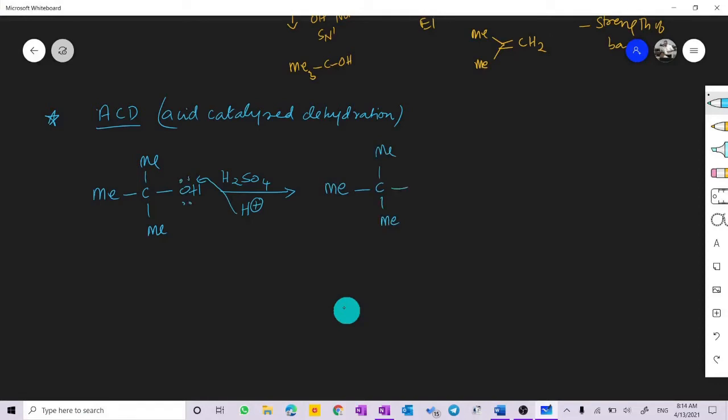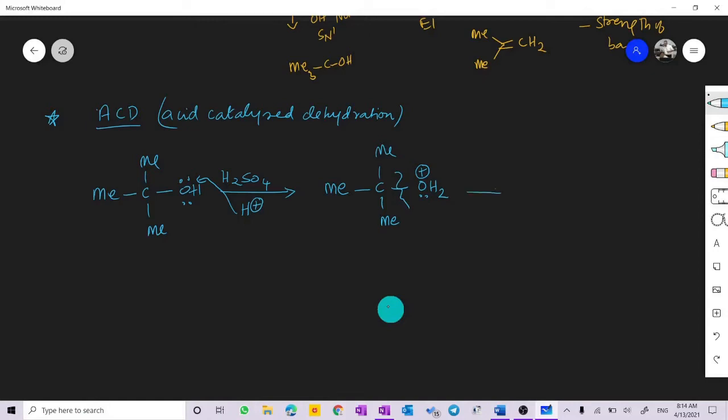Oxygen has two lone pairs of electrons. Oxygen will try to form a coordinate bond to form this. So it will form OH2+. Since oxygen has lost its pair of electrons, it will develop a positive charge. Oxygen, being the second most electronegative element, cannot hold the positive charge. Therefore, it will break this bond, because the other two bonds to hydrogen cannot be broken, since that would lead to the formation of the same product again, tertiary butanol. Therefore, this bond breaks.